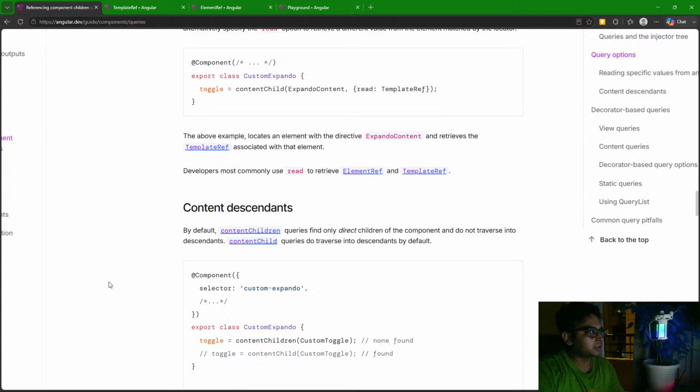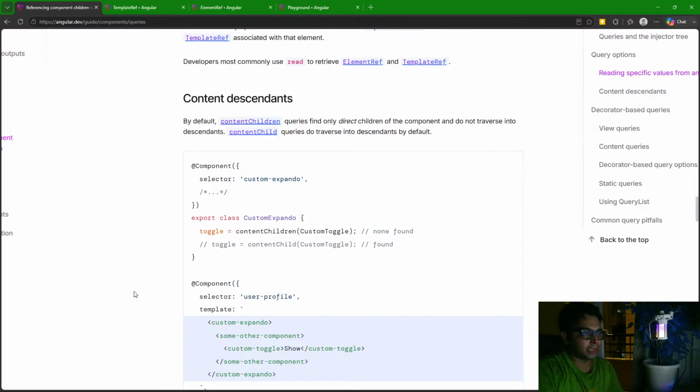By default, content children queries content children find only direct children and of the common not represented descendant. Okay, a difference है।